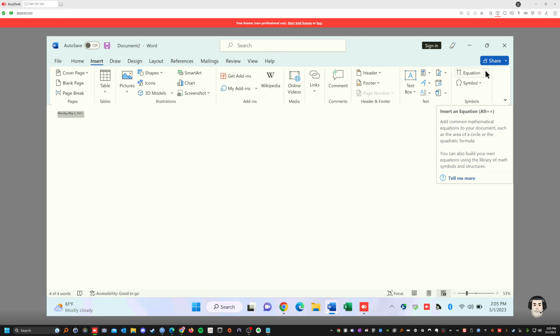In this case, you're not going to do equations. If you want to do equations, just do it in Excel. Don't do it in Word. But you could also do it in Word too. If you want to add a math equation in Word, you could also do it in Excel, which is better. Excel is better for that. Add a common mathematical equation to your document, such as the area of a circle formula. Okay? That's if you want to do that. In this case, we're not going to do equations in Word. We never want to do equations in Word.